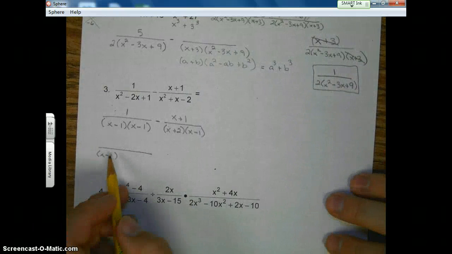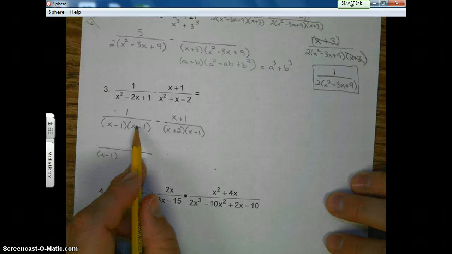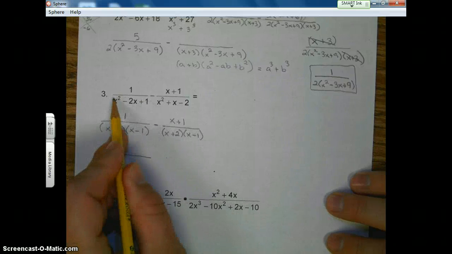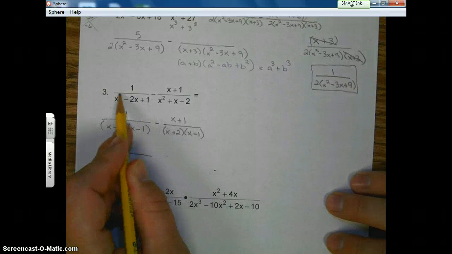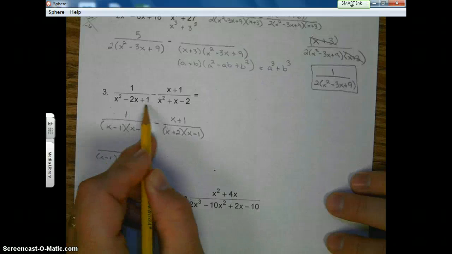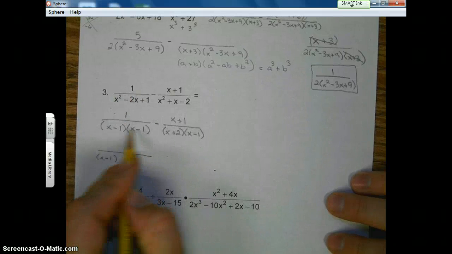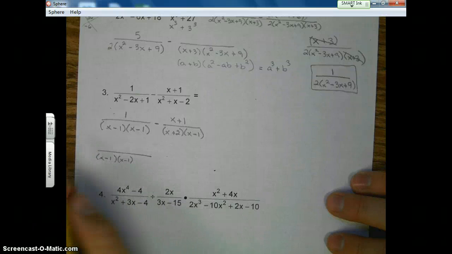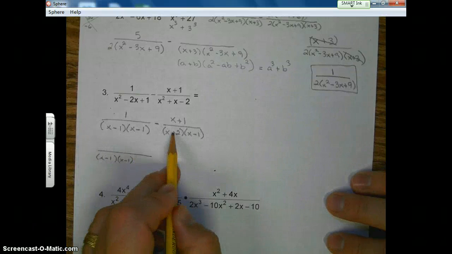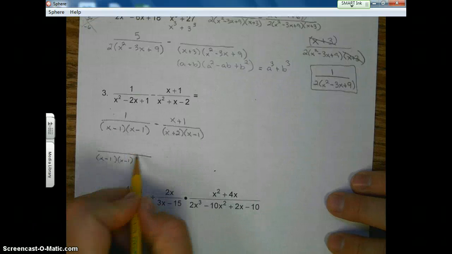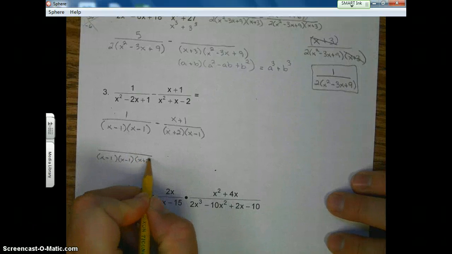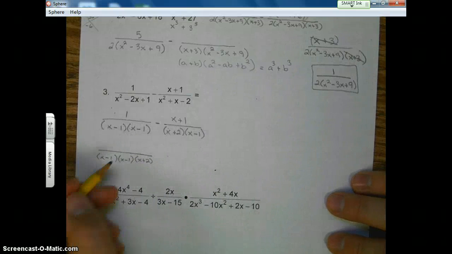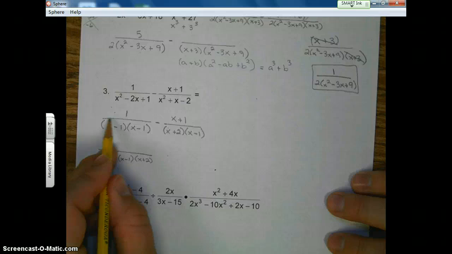Okay, do we need it again? Yes, because these two make this, and we definitely need this in the denominator. Okay, we definitely need both of these. Now, do we need an x plus 2? Yes. Do we need an x minus 1? No. No. So, when they're the same